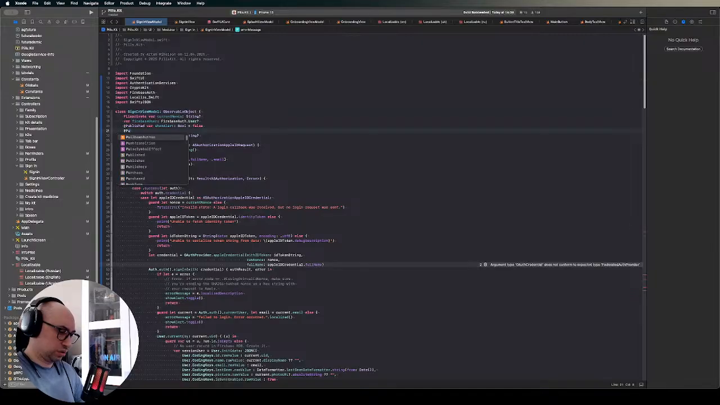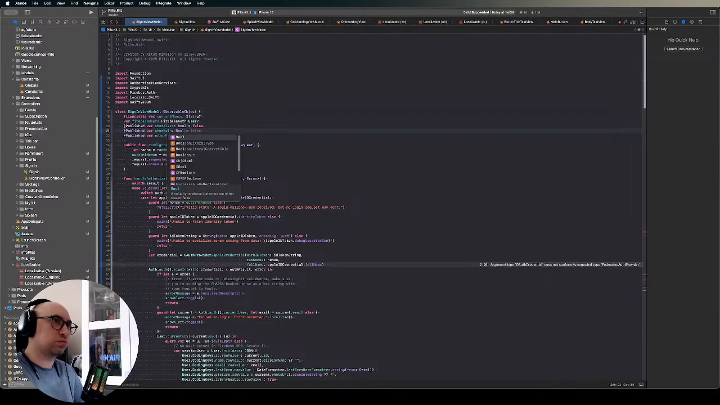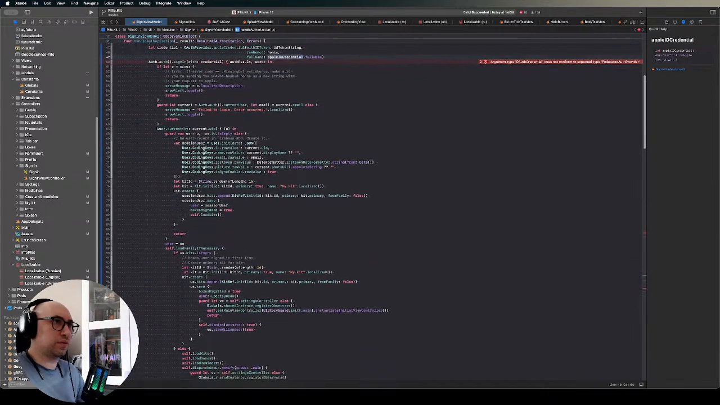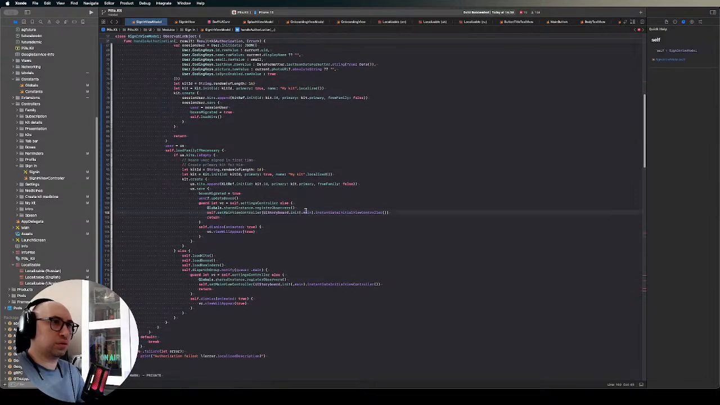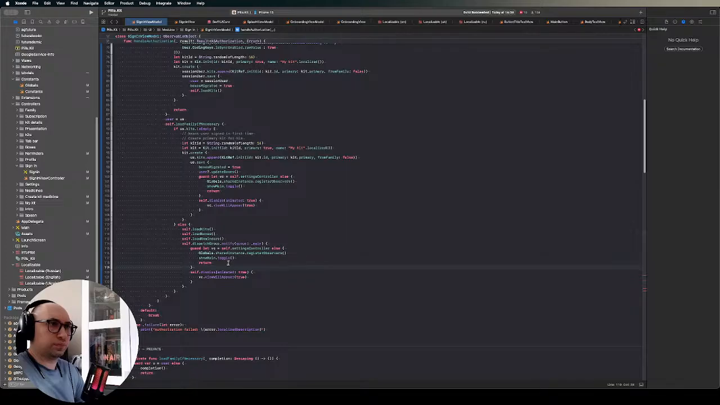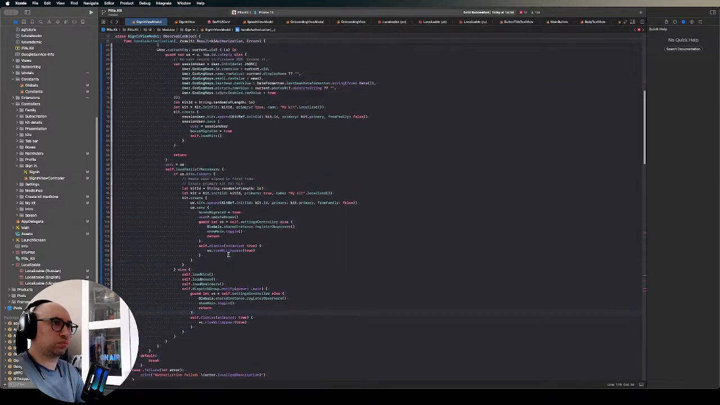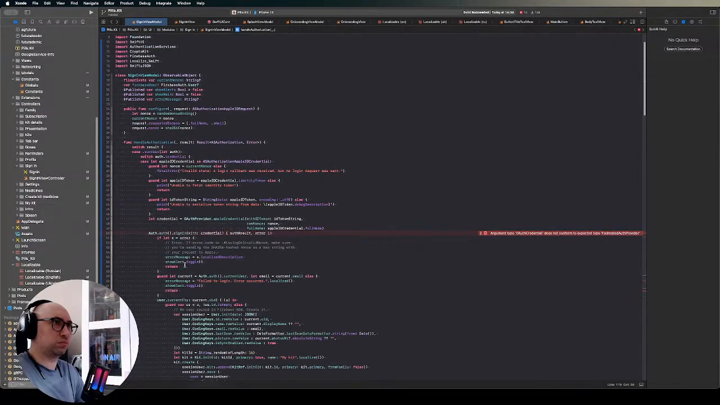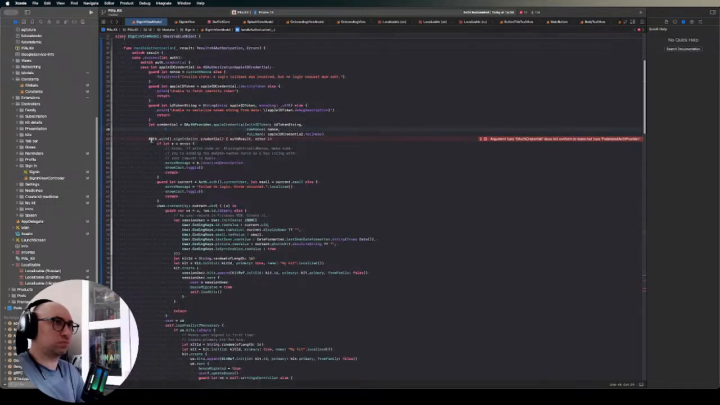Okay, we need to have one more show main flag boom, and we have here show main toggle, and the same here. Why does